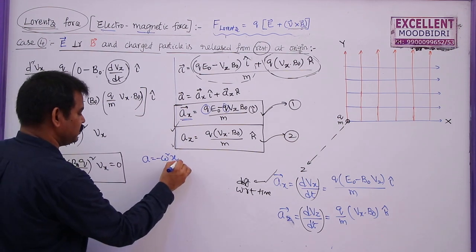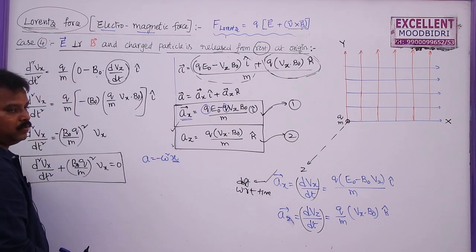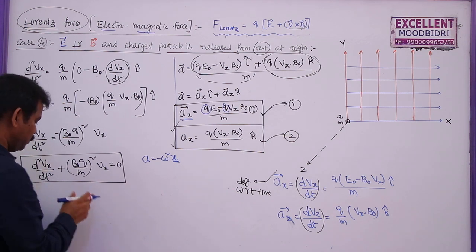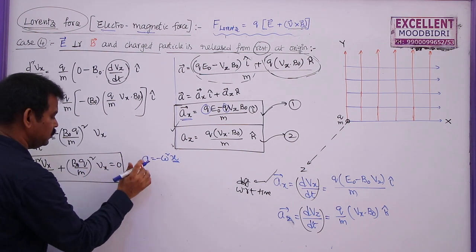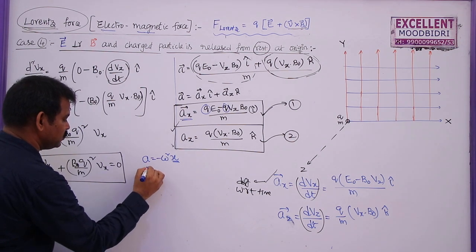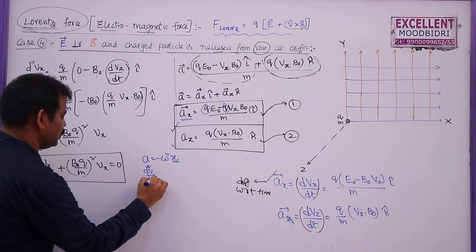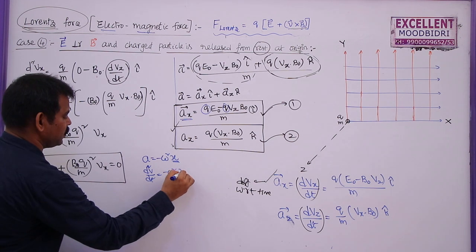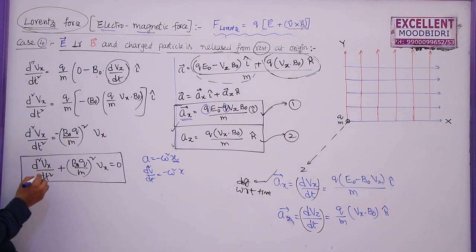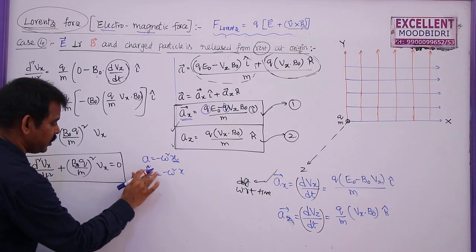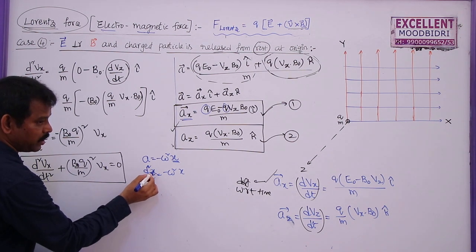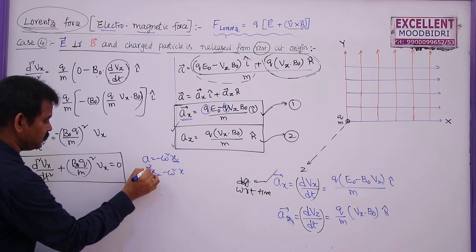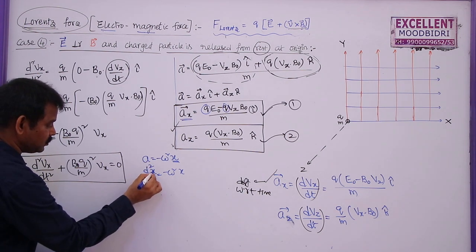We know that in any simple harmonic motion, a is equal to minus omega square x. So here x is the variable which is in simple harmonic motion. Comparing, this can be written as d square x by dt square is equal to minus omega square x also. So this is in the same form. Here we are taking the second differentiation of x only. If you differentiate x with respect to time, you will get velocity. Second differentiation of x is equal to acceleration.